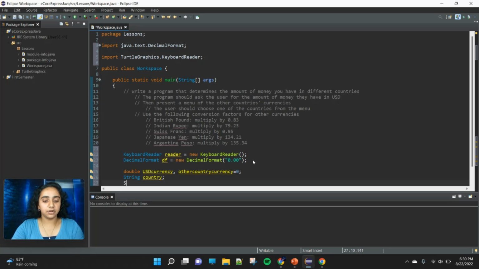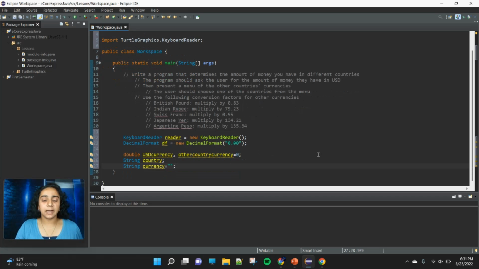And then we are going to have another string called currency, and you'll see what that means a little bit later on, but essentially it's going to help us determine, when we do the output, what the currency is. So if we say I have $5 American and then the user picks rupees, they type in India. In our output we want to say you have these many rupees. So this variable currency is going to be like that rupees or pounds or francs part that is displayed back